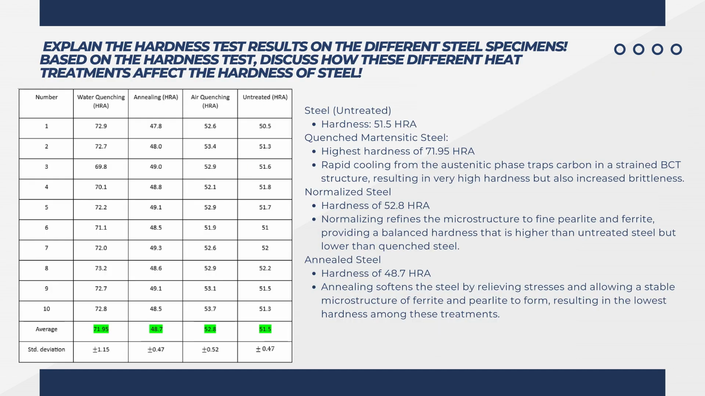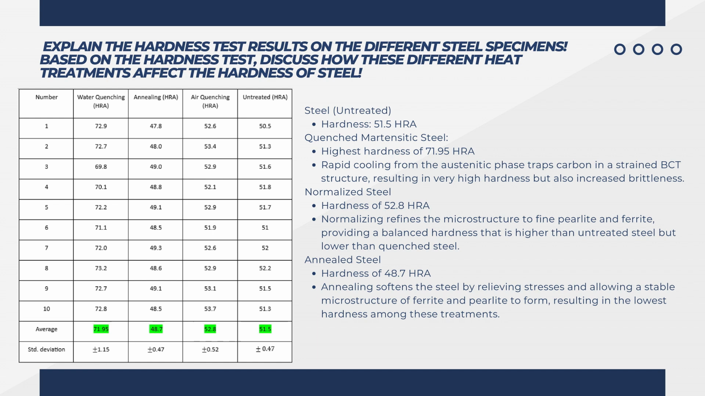Moving on to the analysis of the hardness test results of specimens which have gone through different heat treatments such as water quenching, annealing, and air quenching, compared to the steel specimen which is untreated. So for the steel specimen which is untreated, the average hardness of the material is 51.5 HRA, whereas the quenched martensitic steel, which is obtained from the water quenching treatment, has the highest hardness among all the specimens here,